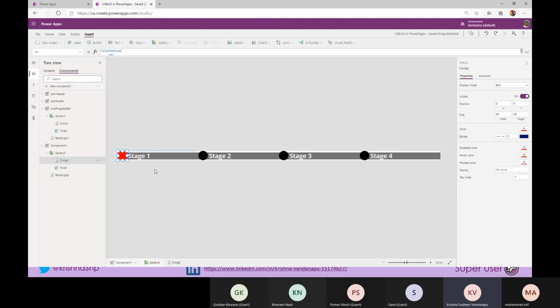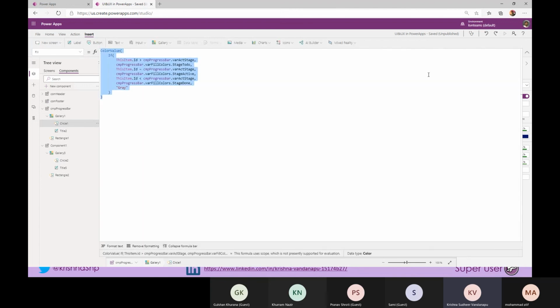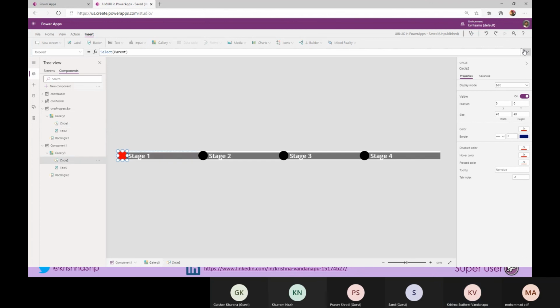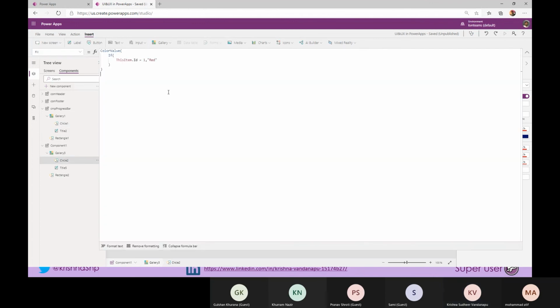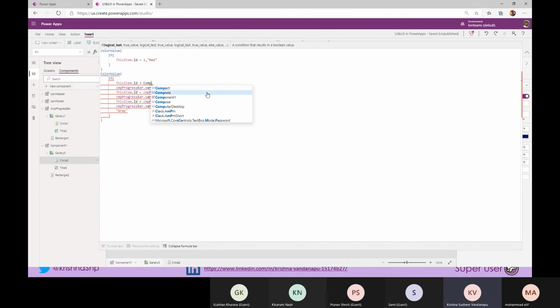Okay. If that is one, it is coming fine, then it should come here as well. I don't want to waste the time. Just one last time I'm going to check this: component one dot where active stage.